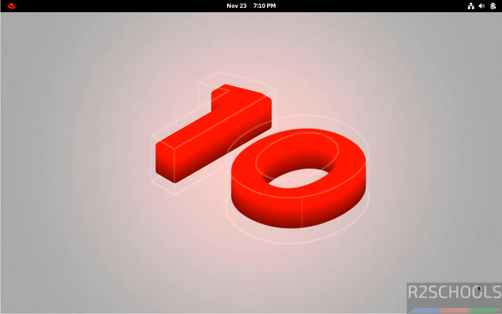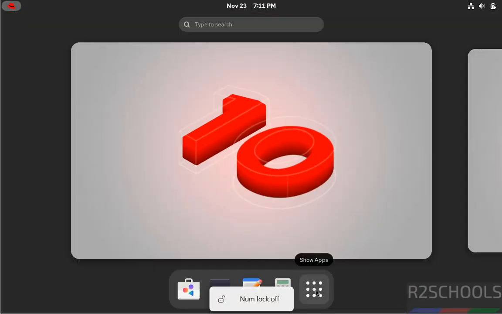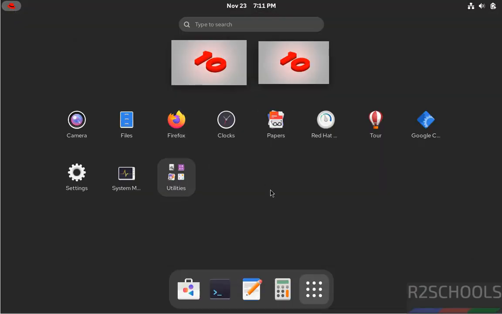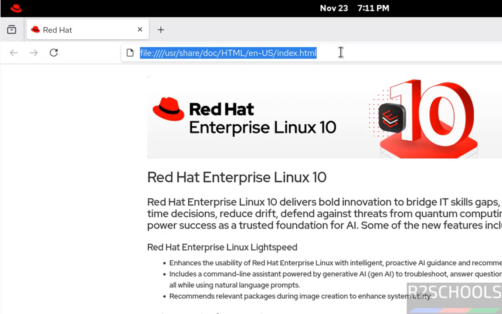Hello guys, in this video we will see how to install VS Code, that is Visual Studio Code latest version on RHEL 10. But the process is the same on all RHEL versions. First open the default web browser, that is Firefox. See here we don't have the VS Code. So open it, then go to